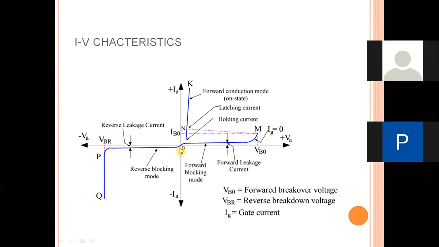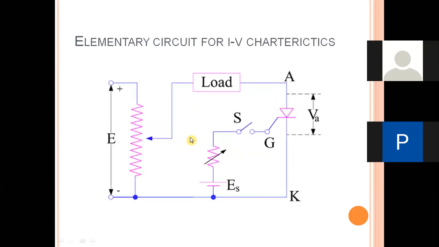Always, when an SCR is considered, the SCR is to be operated in the reverse mode from a value of 0 to a value which is less than this VBR. If the reverse voltage is increased beyond this VBR, then you are going to have a rapid rise in the temperature. As the current increases, it ultimately leads to burning. Okay, so these are the characteristics to be considered whenever this switch is kept open. Is it clear with this? All these come under case 1.